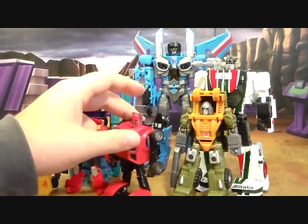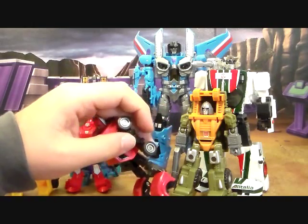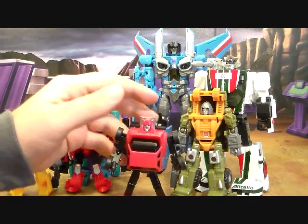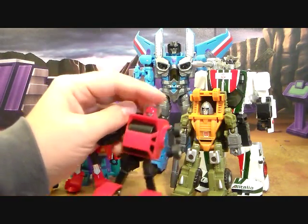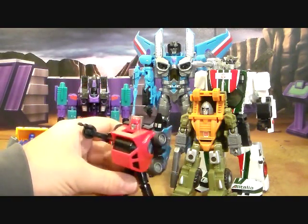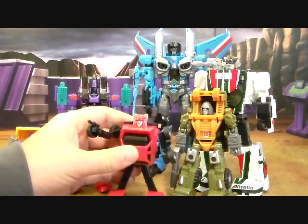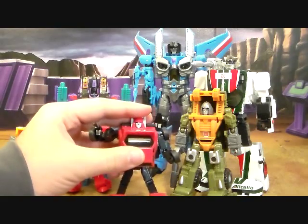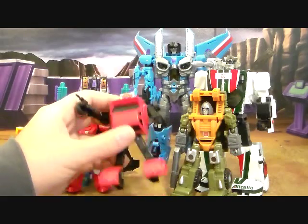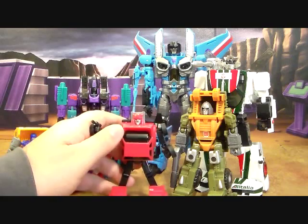I kind of enjoy this more the more I play with it. This looks stupid with the arms like that, but if you bend the arms, oh hey, look, it breaks up that whole aesthetic of it's just the side of a car. And yeah, I just wish, one, I had a bigger cannon for him because he is Cliffjumper, and two, I wish his head could turn, and he had a 3-dimensional head rather than the flat head. But like I said, other than that, I definitely say,